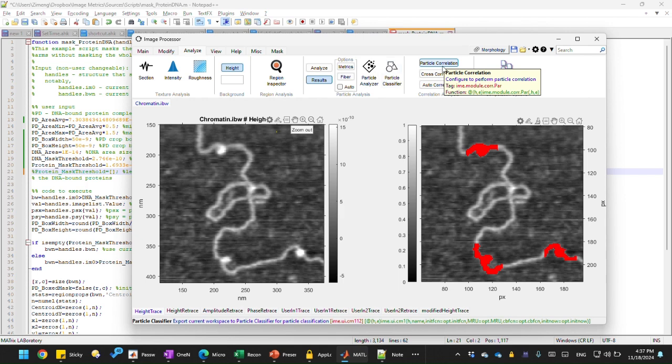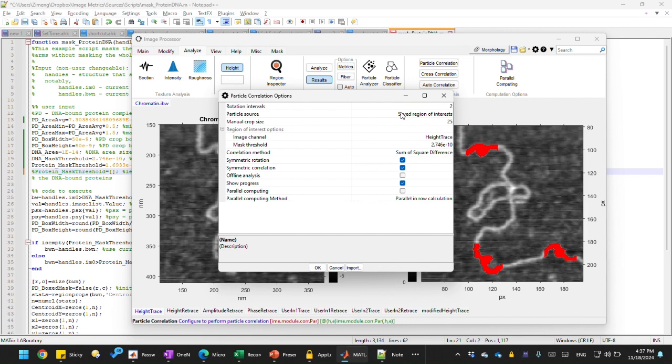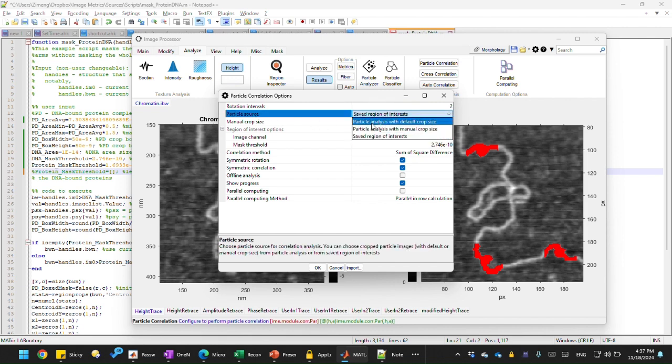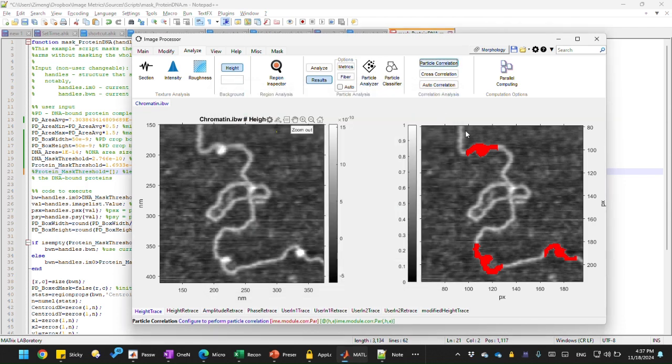Let's click the particle correlation. We are going to use the particle analysis with default crop size as our particle source. So we have to perform the particle analysis first, and we pick this option. Now essentially we have three masks, and then we can analyze three particles. We click analyze,